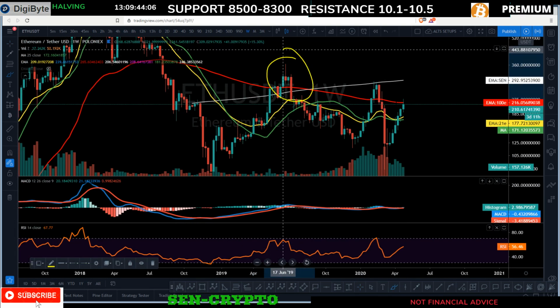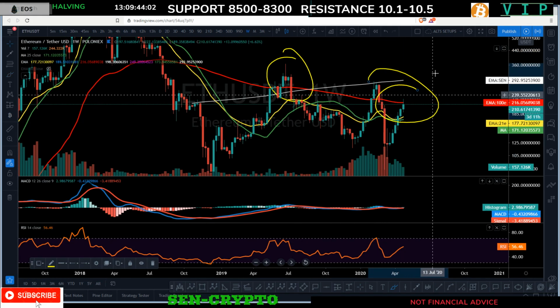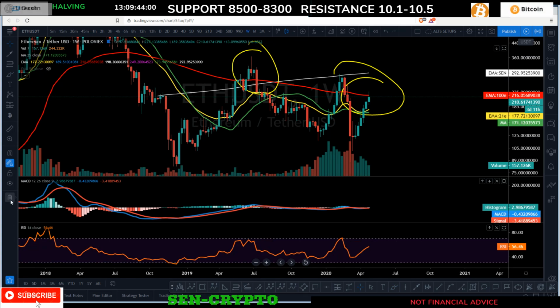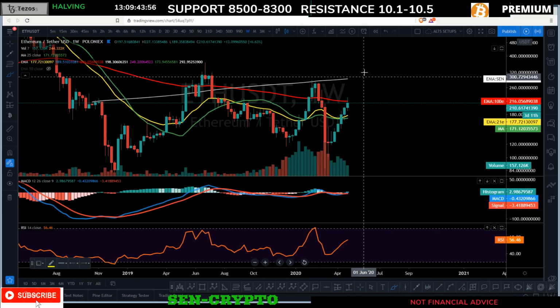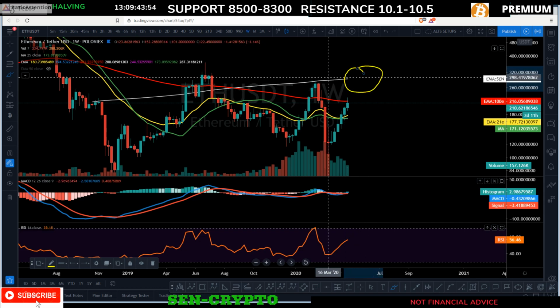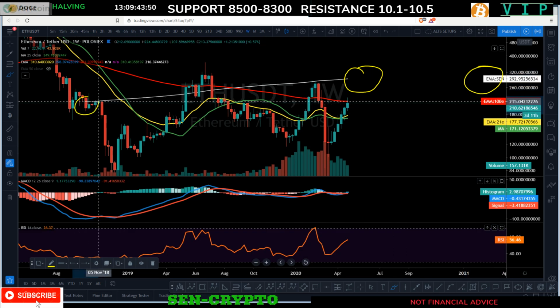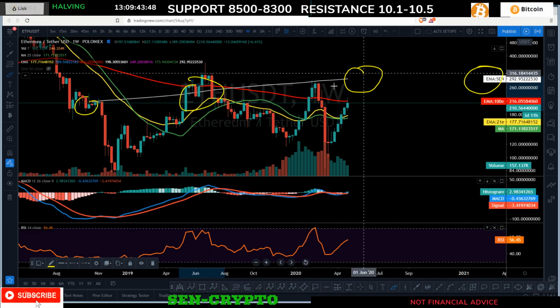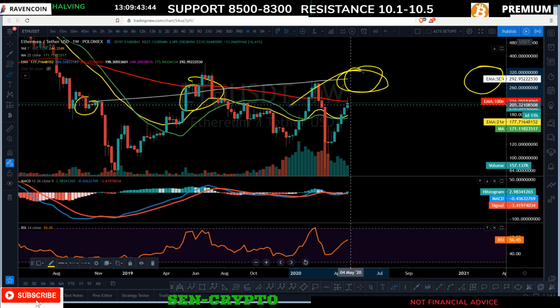But as of now, I can't say we're going to be dropping lower, because you can see we got another reversal moving average just about this area. It is like a 293, okay? This white is the 10 EMA, okay? So you can see it bang, bang, and bang, okay? So let's keep that in mind. If we're going to be dropping lower, we just have to do it now.